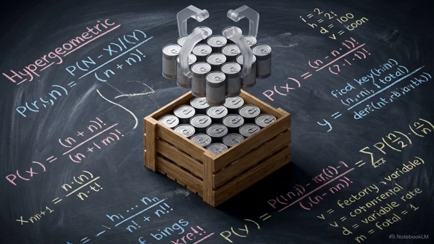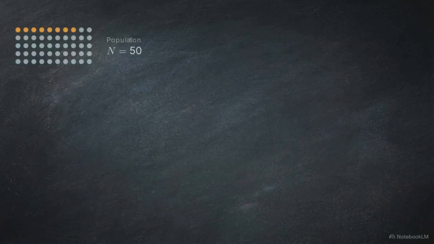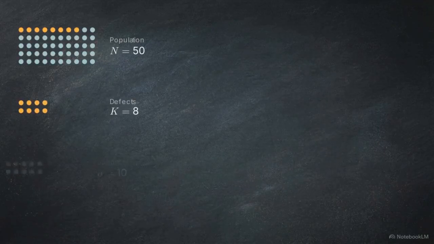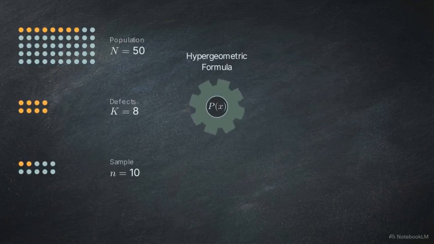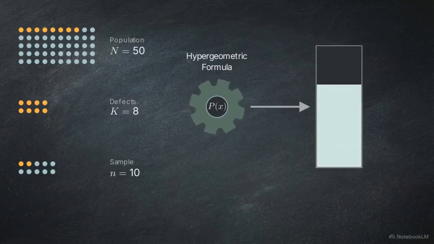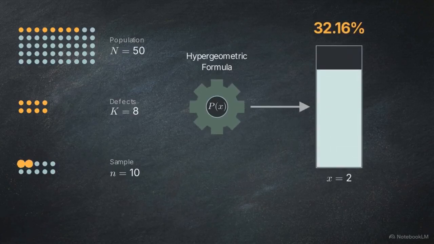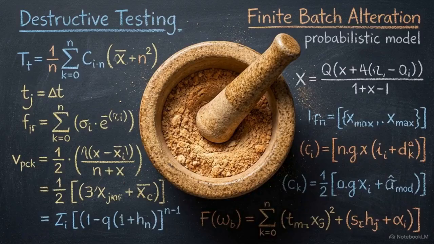Imagine inspecting a box of 50 cans, where exactly 8 are dented. If you randomly pull 10 cans for inspection, you map the total population, the known defects, and the sample size through the formula to reveal a 32.16% chance of catching exactly 2 dents. For destructive food testing or auditing a finite batch, the hypergeometric distribution is mandatory because testing literally alters the reality